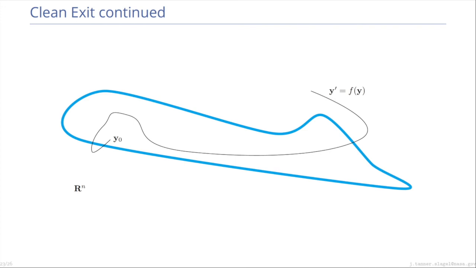This is what the clean exit theorem is saying. It's saying, all right, well, you have this, I guess, case 3, I should say. You have this real analytic function, and it exits the semi-algebraic set, and it exits for an entire interval of time. Now, the clean enter theorem that I didn't include in these slides would say that it goes in, and it's going to remain for some epsilon amount of time. So basically, we're seeing that this real analytic function is just moving in a nice way in and out of this semi-algebraic set.